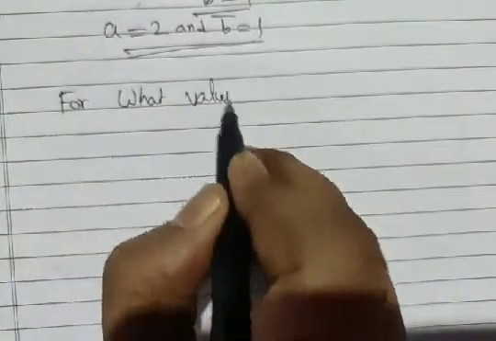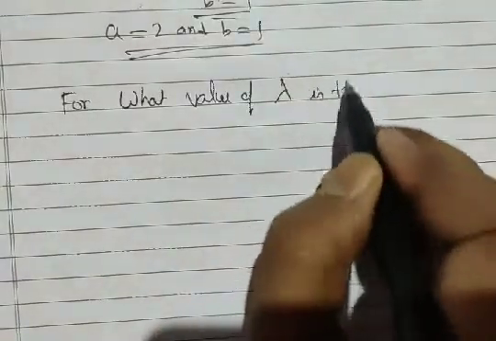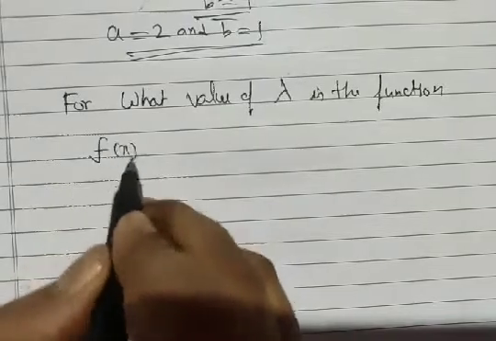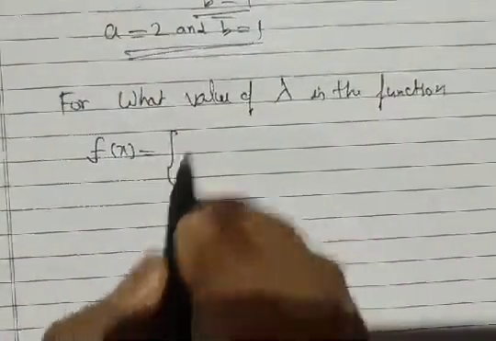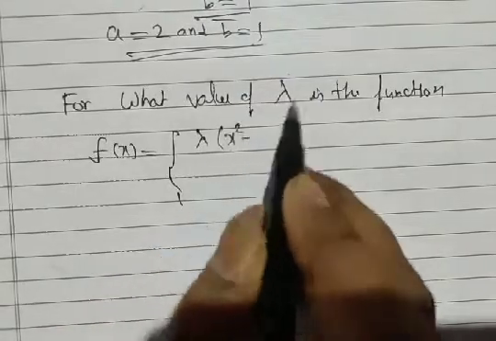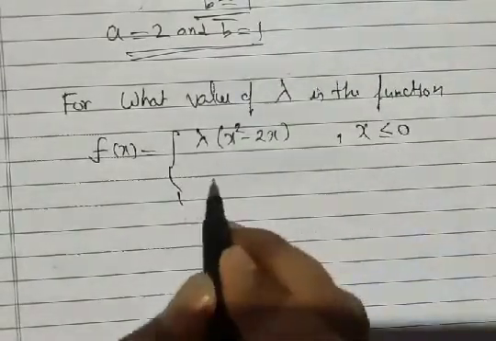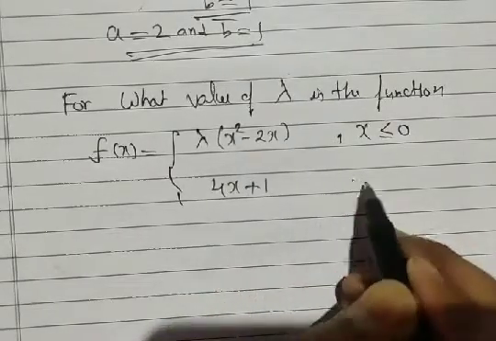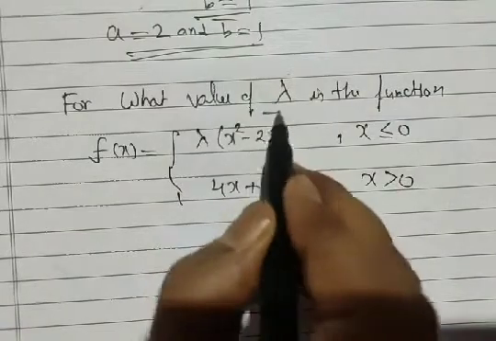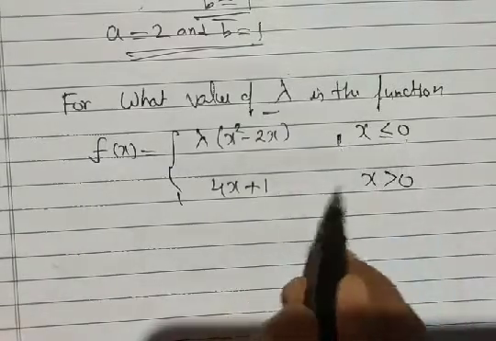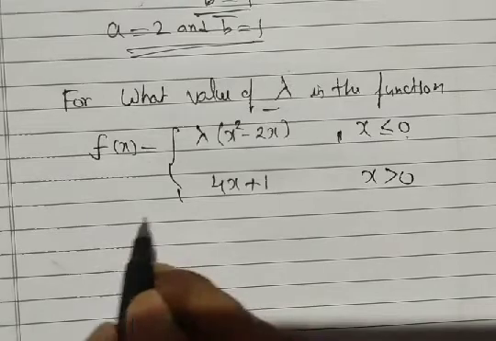For what value of lambda is the function f(x) defined as lambda x square minus 2x when x is less than or equal to 0, and 4x plus 1 when x is greater than 0,